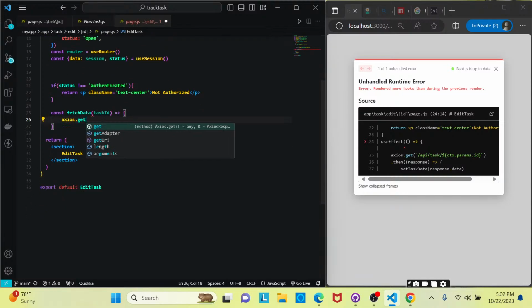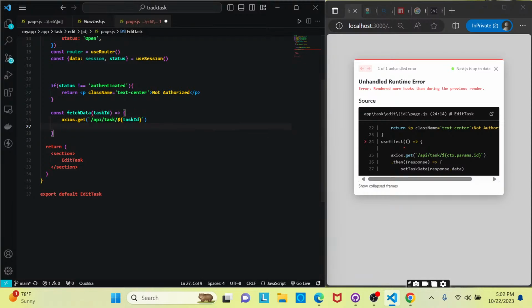So we'll do an axios.get, and we want to be able to get this request is going to go to /api/task, and we'll pass in the task ID, and then under it, of course, is .then,